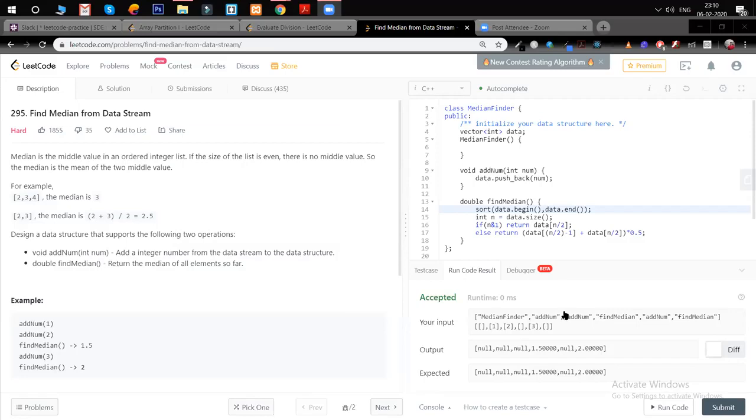You can't say it was n log n, because it was 5 log 5, which is theoretically constant. From all these, they choose the middle element as the representative for their next choice of pivot.